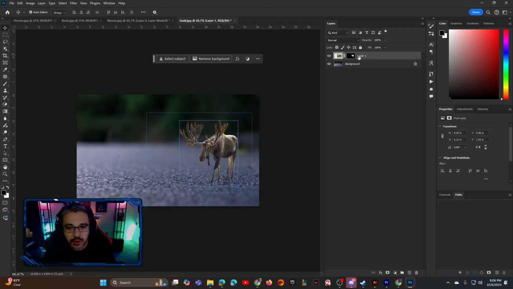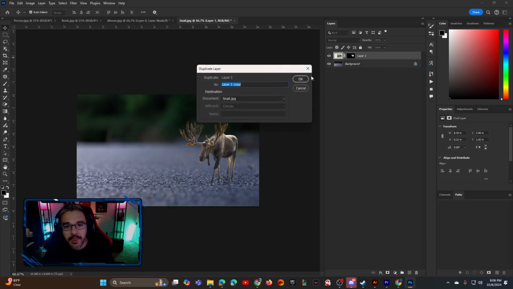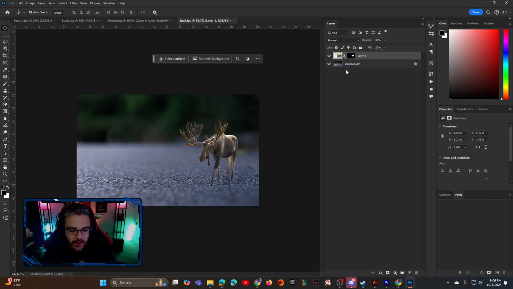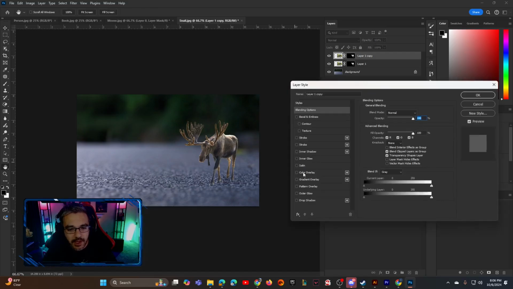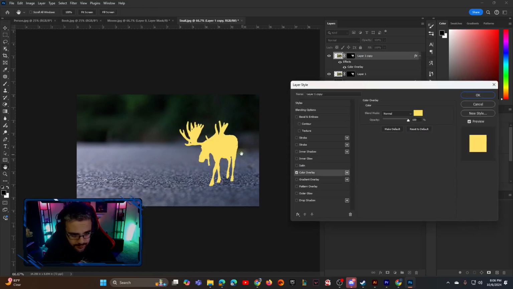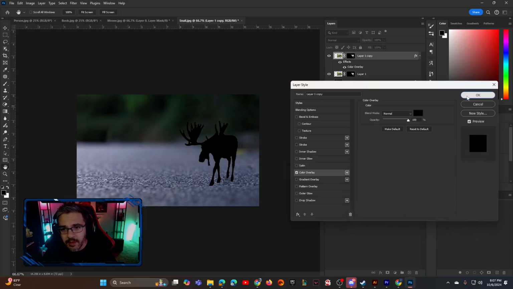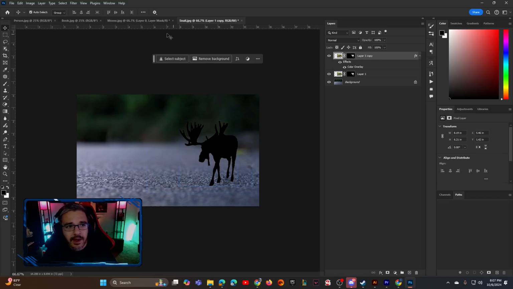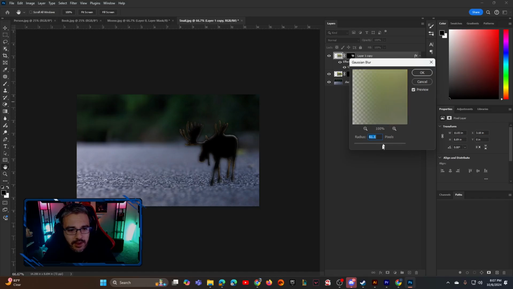Now what I want to do is duplicate him. So I can either right click and put duplicate right here and press OK, or I can press Ctrl J on my keyboard, which makes a copy. I will then go to blending options and do a color overlay. That's going to allow me to change that to black. Press OK, and then I will go to filter, blur, Gaussian blur, and make that a little bit blurry